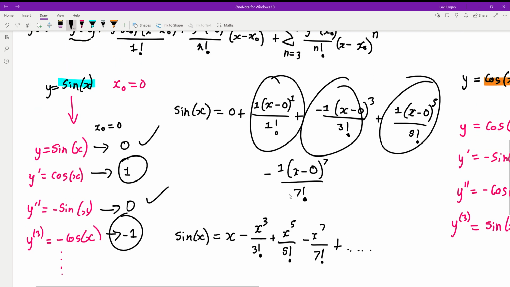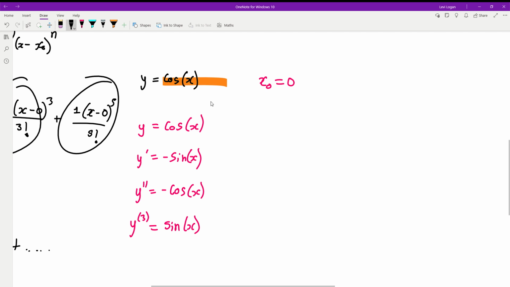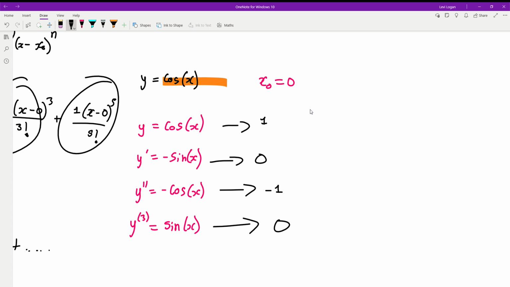Now let's take a look at cos. So let's go to the side real quick, and let's take a look at this. So when x sub 0 is 0, this is going to be 1, this is going to be 0, this is going to be negative 1, and this is going to be 0. So our first term is going to be, our function's cos x. So cos x equals,